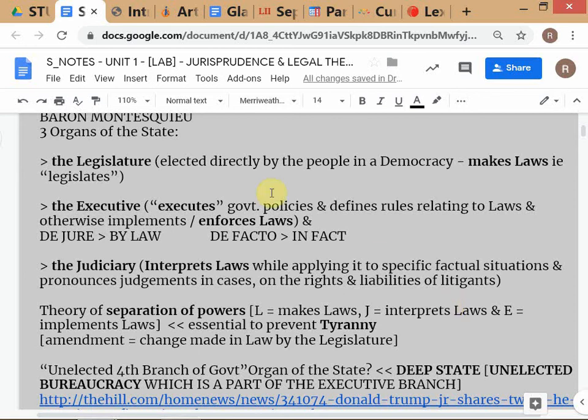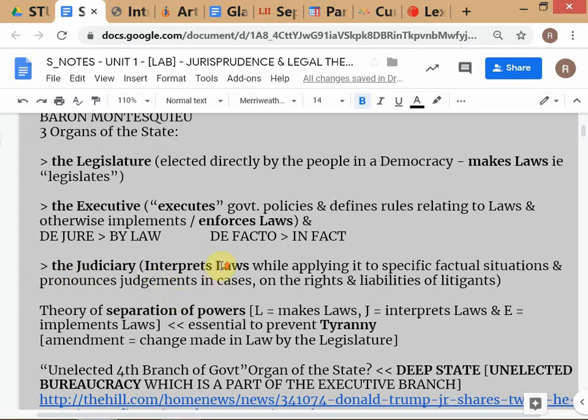Now what are the powers? The power of the legislature, is this clear? It makes laws. Some of you are familiar with this. The legislature makes laws. The executive enforces the law. The term that we use is enforces the law, and we can just say executes and enforces the law. And then the judiciary interprets the law, because sometimes you may have a confusion. It's very common that you have confusions about what the law actually means. The law may say certain things, but what does it mean in a particular situation? Therefore, that has to go to the judiciary for an interpretation as to what is the correct interpretation of the law.